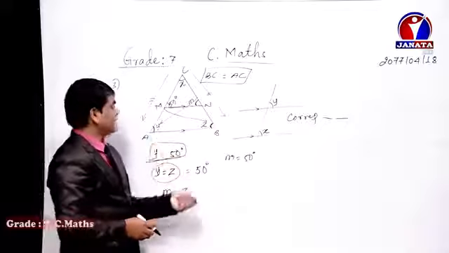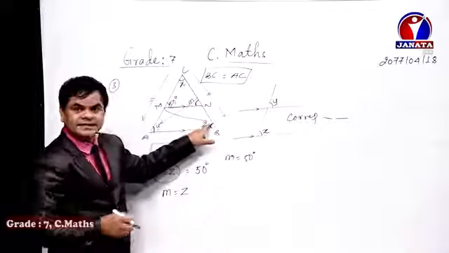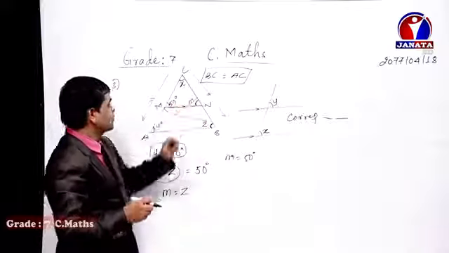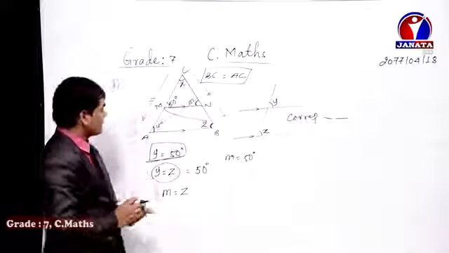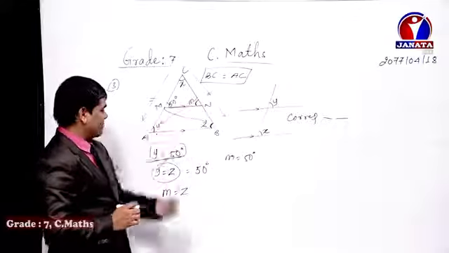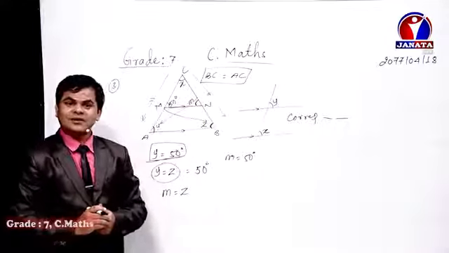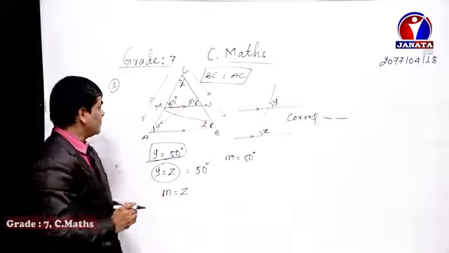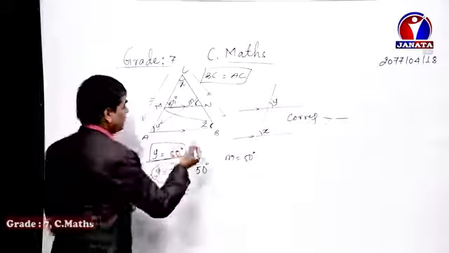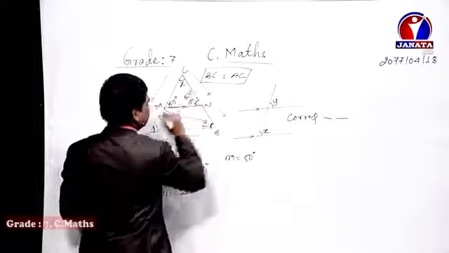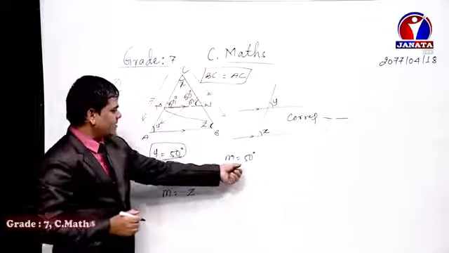50 degrees, and then after getting the value of Z, Z becomes equal to M, because Z and M are corresponding angles to each other. Both are on the left-hand side, and one is inside the parallel lines and another is outside of the parallel lines. Now dear student, we got the value of M as 50 degrees once again, isn't it? We got the value of M as 50 degrees.